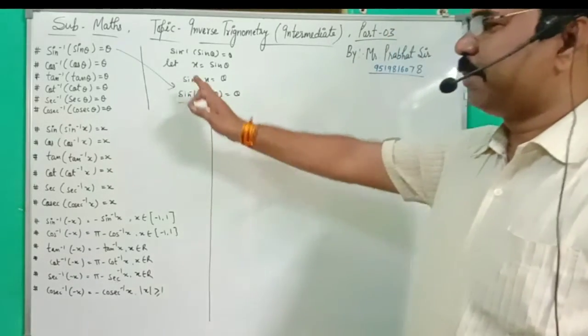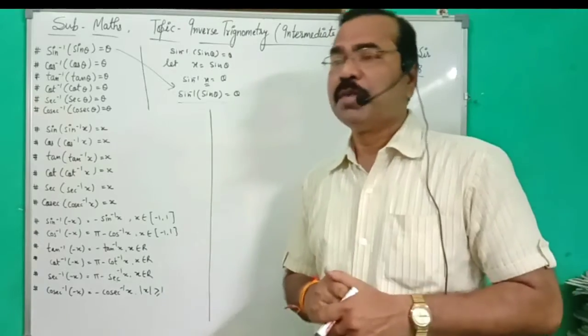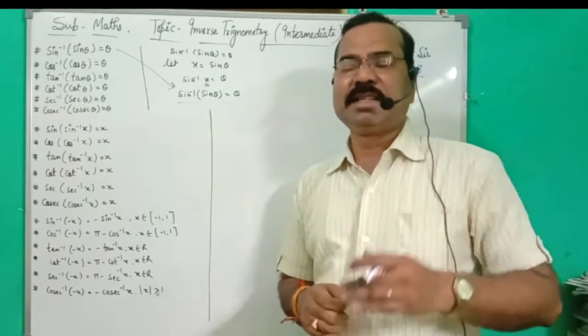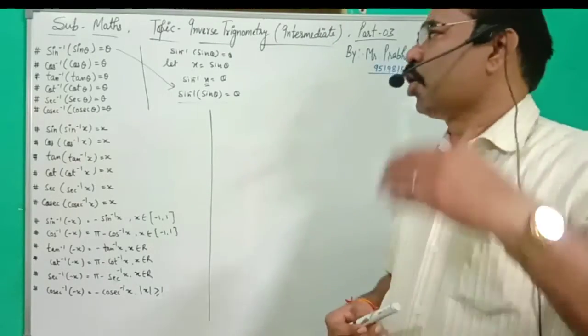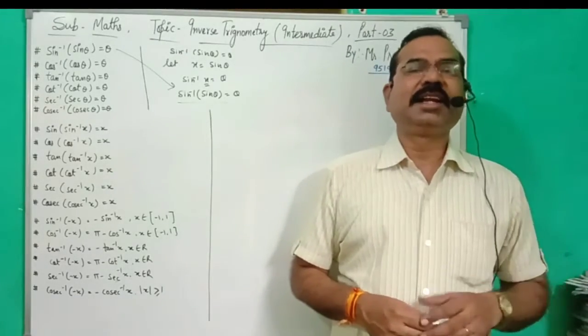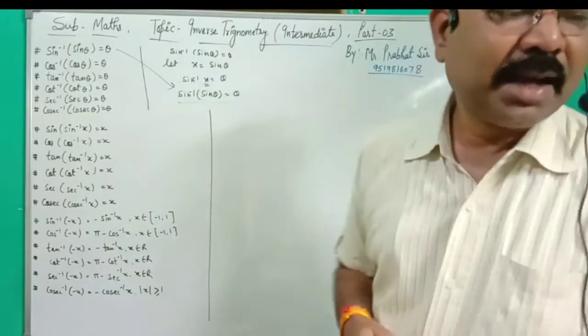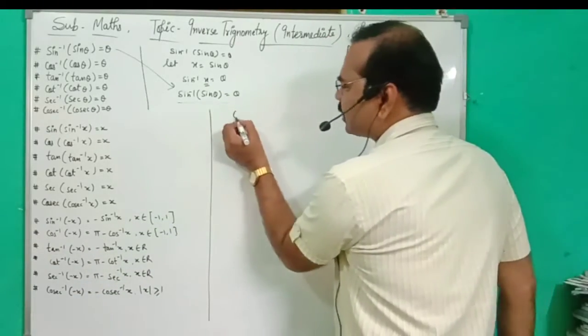Other than that, a basic property we are using is sin and cos. But in inverse form we can see that sin inverse is related to cosec inverse, cos inverse is related to sec inverse, and tan is related to cot inverse. But how they are related, we have to discuss. First one, cosec inverse